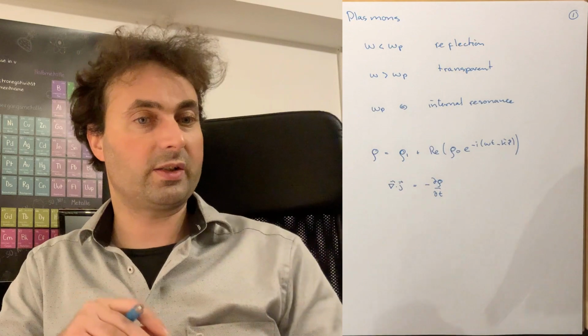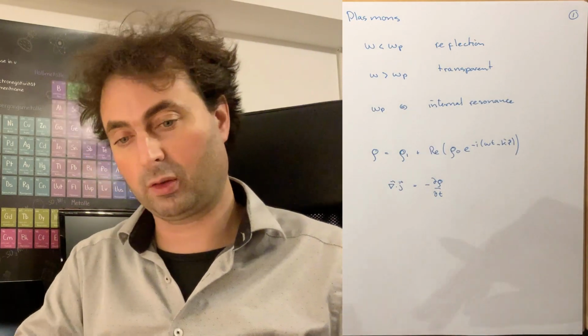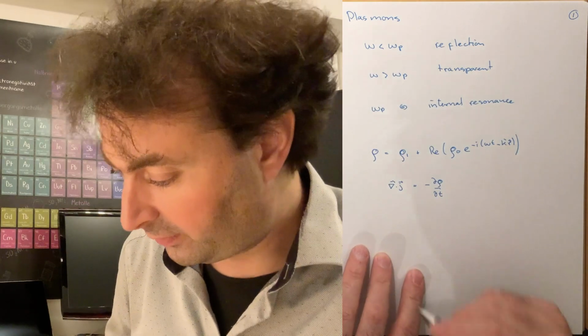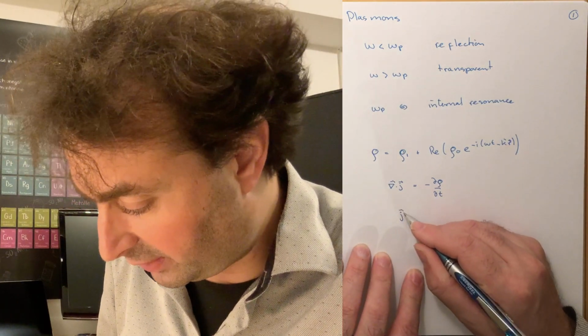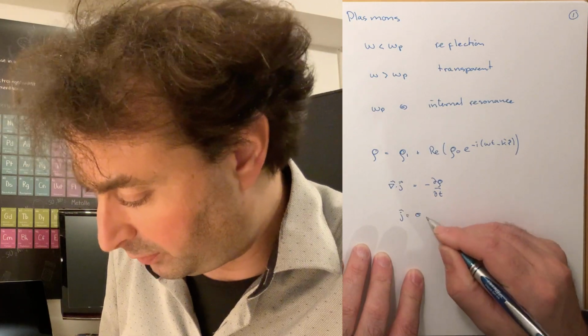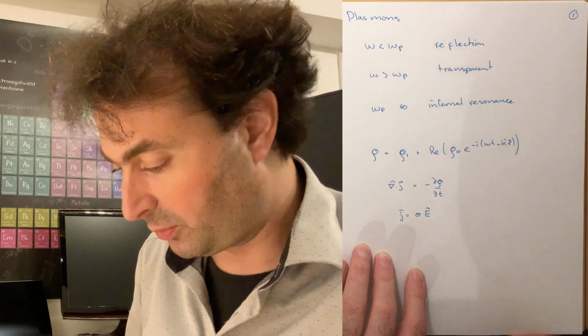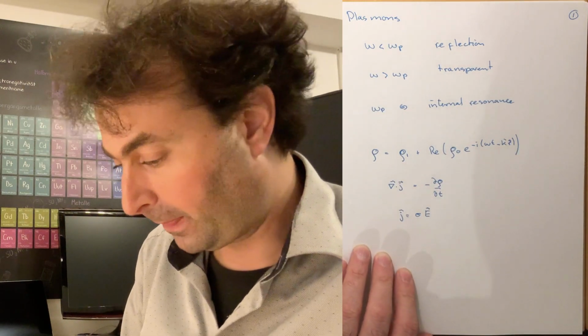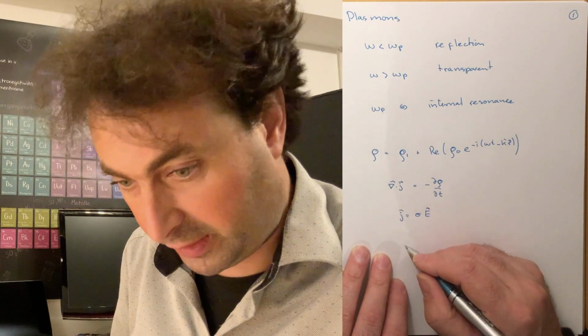So when you locally change your charge density, that can only happen because there is a current in or out of that position. And we know that our current density is given by Ohm's law as the conductivity tensor times the electrical field. So now we take the divergence, and we find that